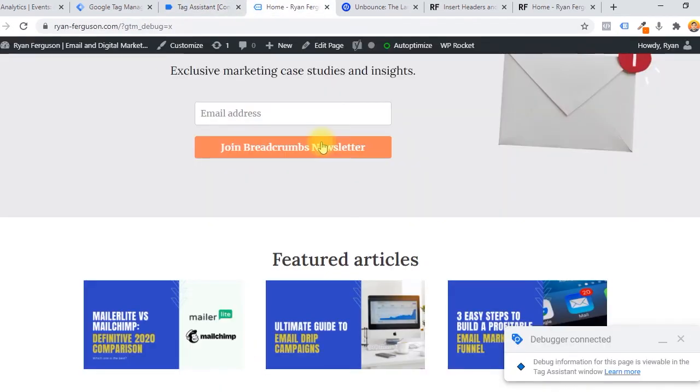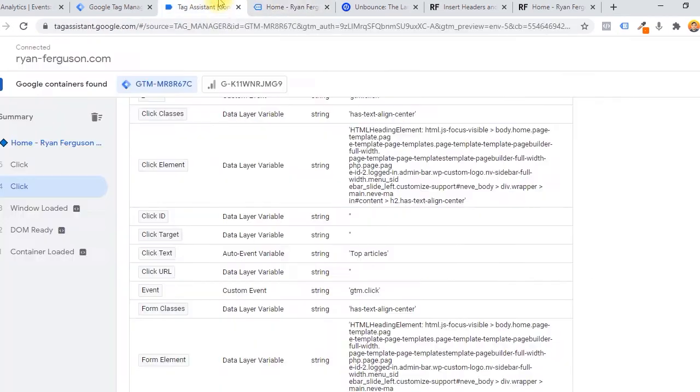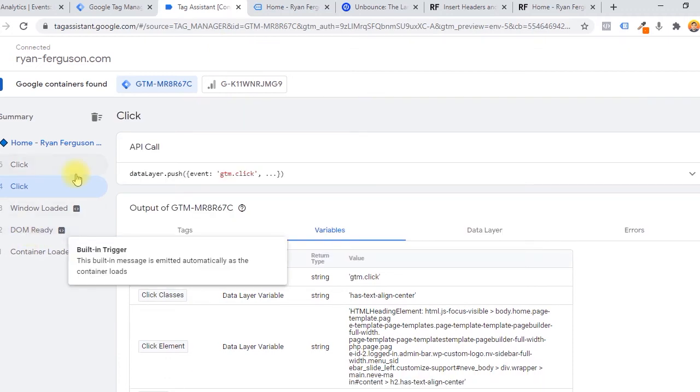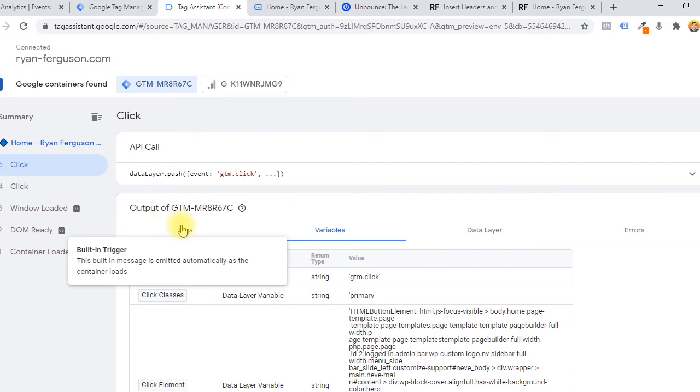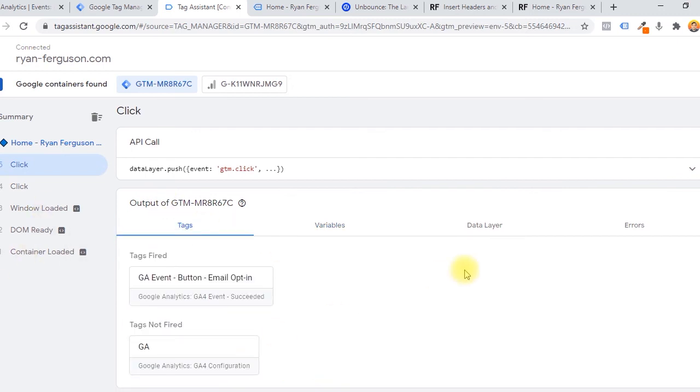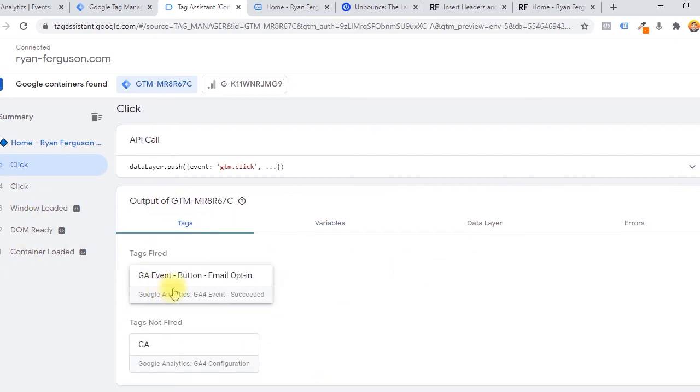Now, if I go back and I click onto the button now, and then I go back to our tag assistant, you can see that we've created a 5th event. If I click onto that, and then I click onto the tags tab, we can now see that this tag successfully fired. The GA event button email opt-in. So if I click onto this now,